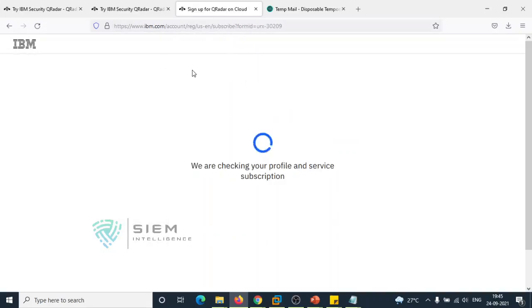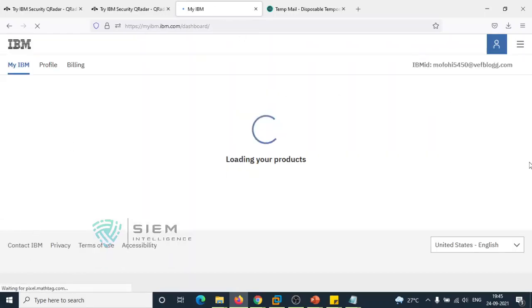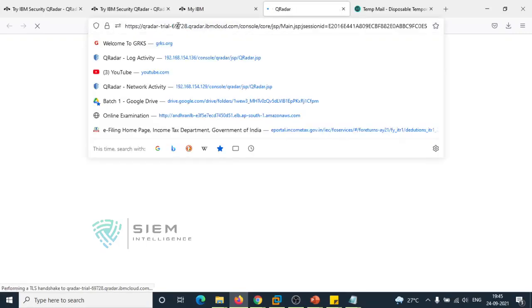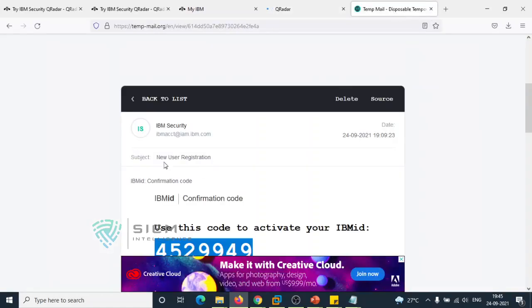So it will take you to that same session where you were, the QRoC trial. So it will bring you back to the same location where that QRoC is. See, QRoC is there. Now just press launch. As you press launch, you will get something like SaaS QRadar trial. This is your ID, and this is software as a service. You are provided a 14 days trial, and I don't think it is required now. It is no more required. But if you want to again go for a 14 days trial, after these 14 days you can create again, and you can use the same process by using another temp mail.